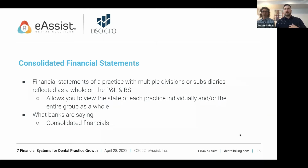That to me shows that banks are starting to understand a little bit more about dental, some more than others, and they want to see things in a particular way. Now, what does consolidated financials mean? This is really more related to those that have more than one practice. So if you have practice A